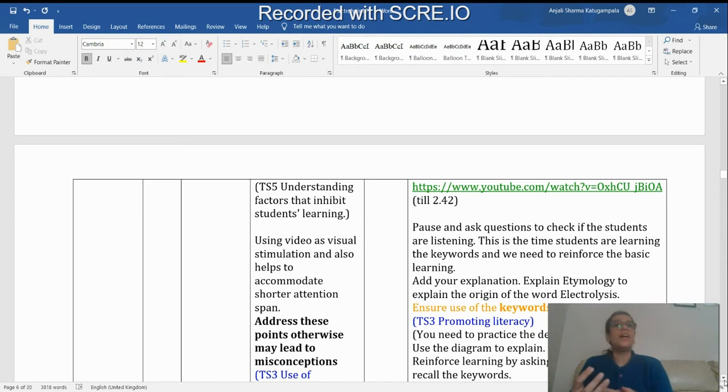I try to bring these concepts to them in a way they can understand it's happening there. The electrolysis process is happening, but the particles are too small. We cannot see them. So the animation helps. Video lessons sometimes help. So this shows that students have different abilities, and therefore I have used different methods to